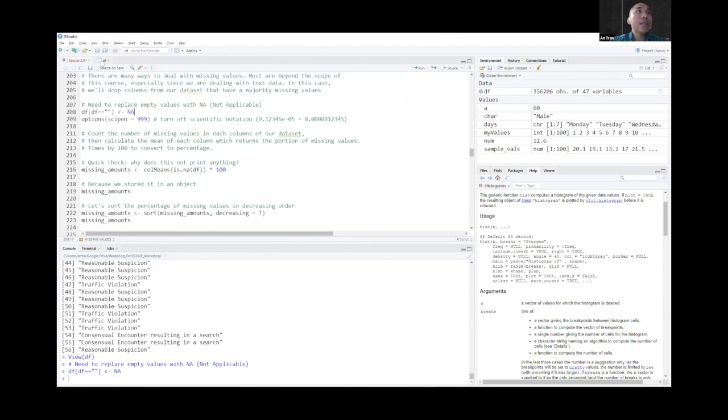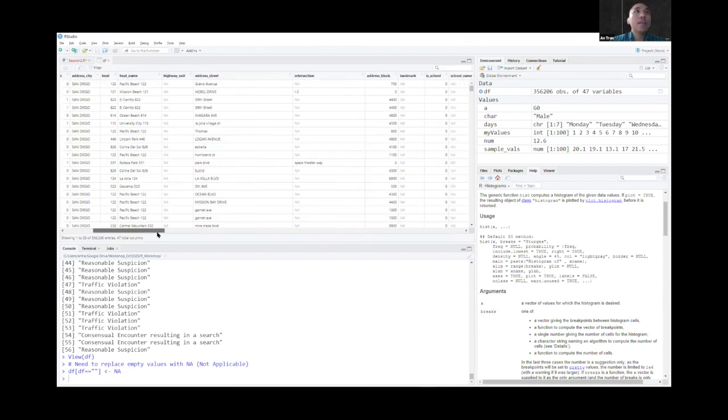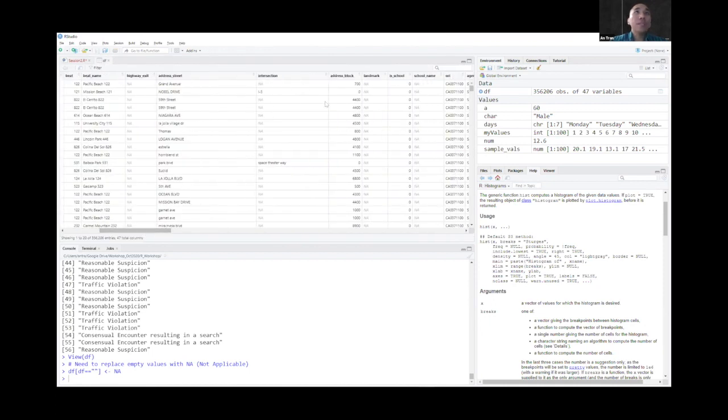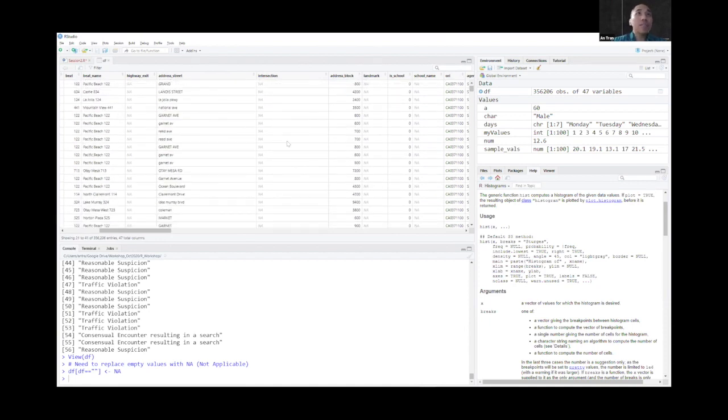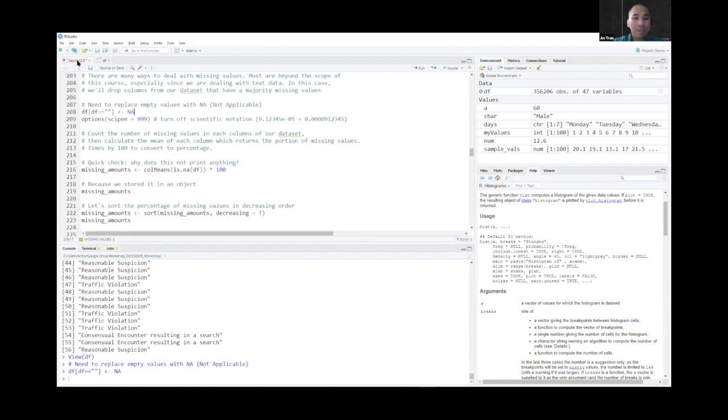So if we execute that line, go back to our data set, we can see that all of the missing cells, the empty cells, the missing keys, missing values are now considered as NA instead of just empty strings. And it's better that way because we can tell R, hey, these missing cells are actually missing values,